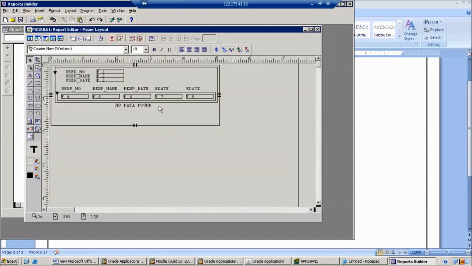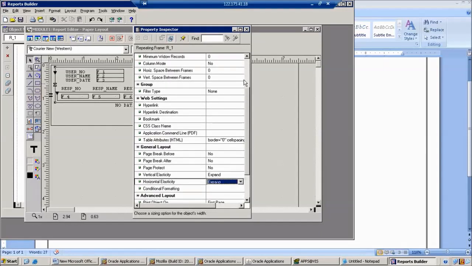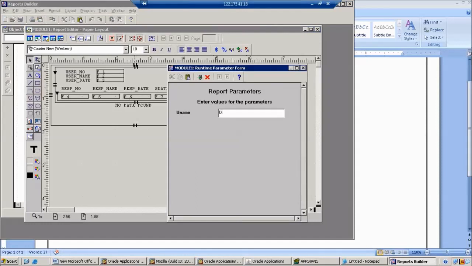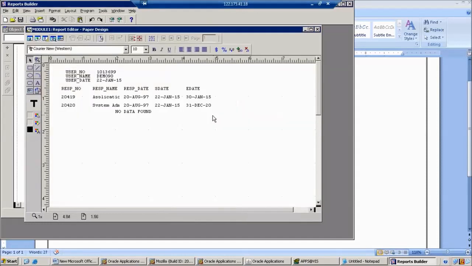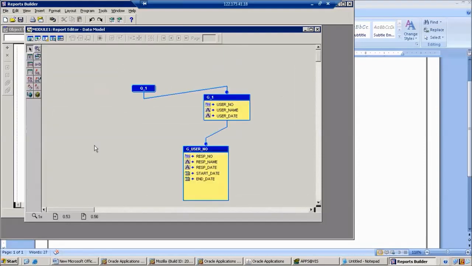One second. Better to expand the field. So here, I want to expand the repeating frame and we get the output. No data found does not display here, but here it comes. So what do we do? Go to the data model.